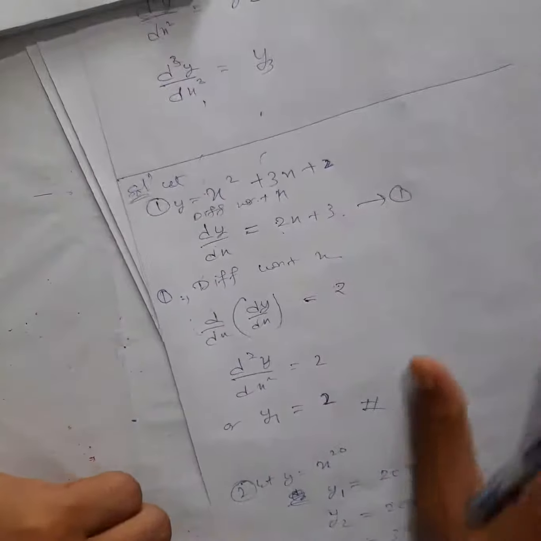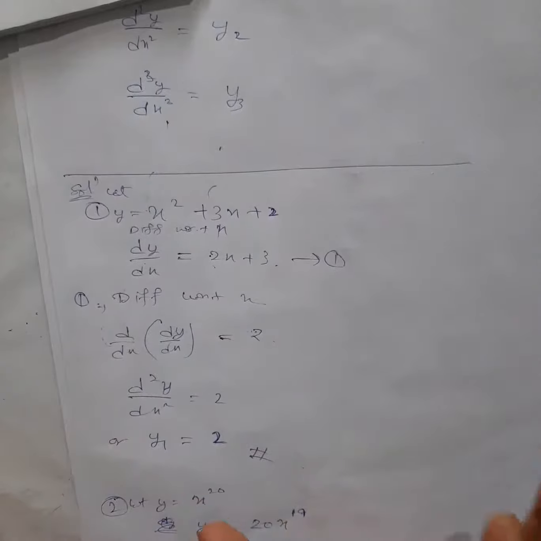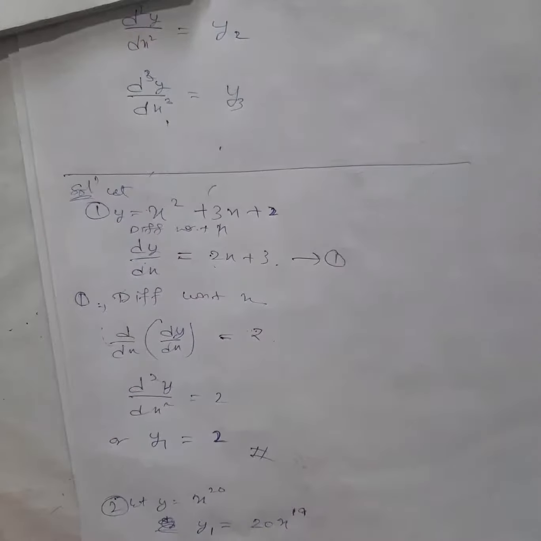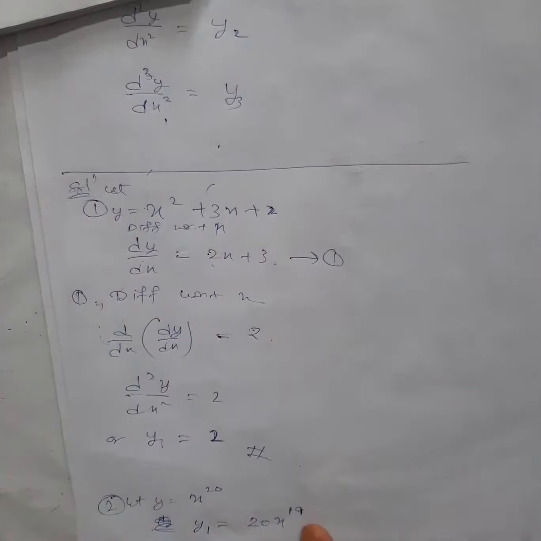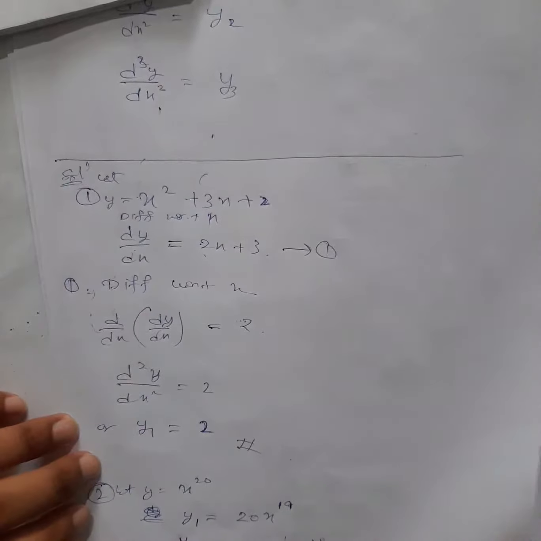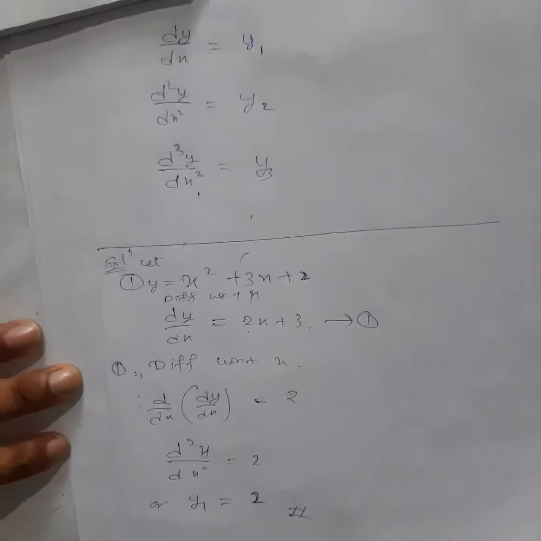So in this way you try other questions also, very simple exercise. You just need to know chain rule well, and you need to know how to use the independent and dependent variable in the differentiation. You need to see that carefully, and the rest is exactly the same. So I hope you can do all these questions, because the questions here are not tough. And if I find any question tough there, I will show you in the next video.